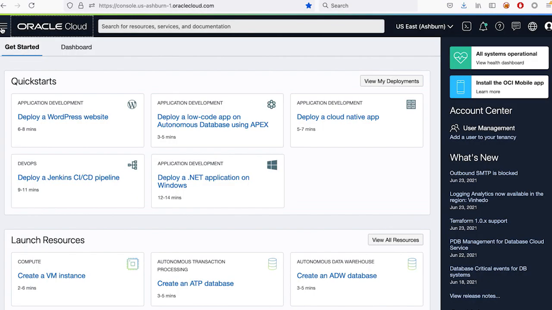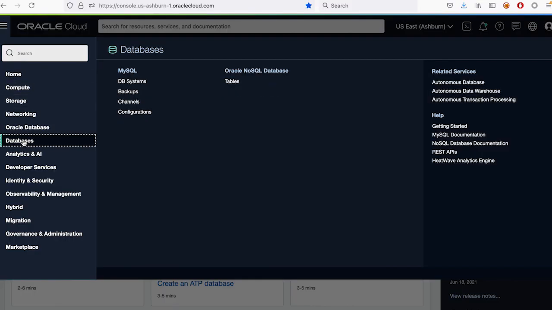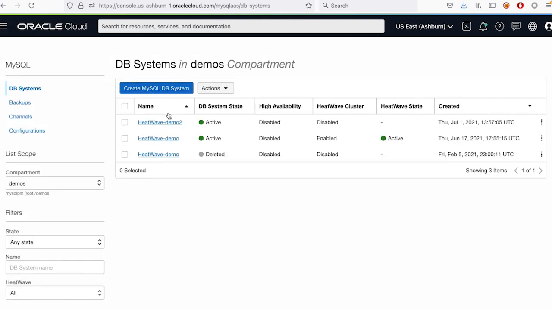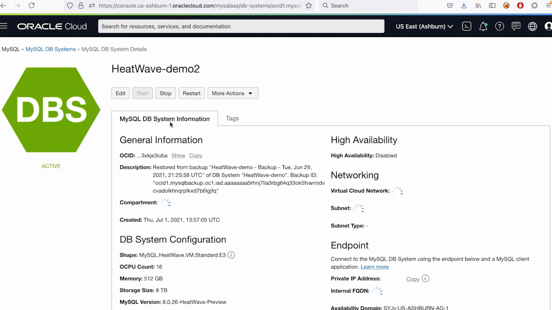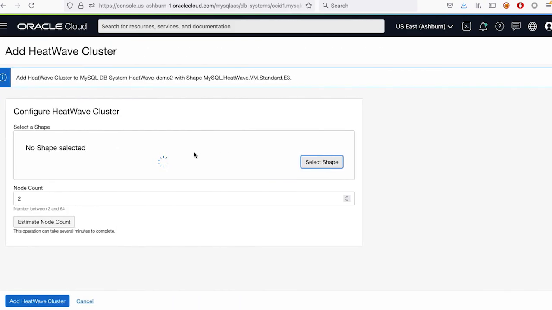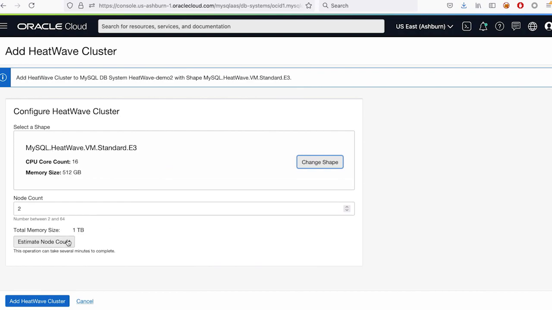I'm going to start off with the first feature, which is auto provisioning. So for that, we're going to log in to an instance of the MySQL database, which has 4 terabytes of the TPC-H data loaded. The first step is to determine what's the right size of a HeatWave cluster. For most of the services out there, the onus is on the application to determine what's the optimal cluster size.